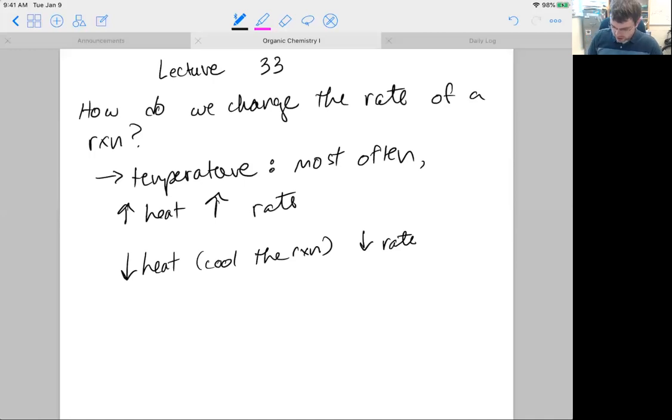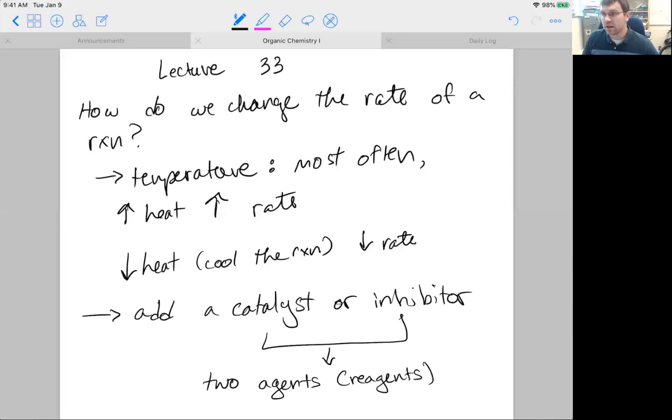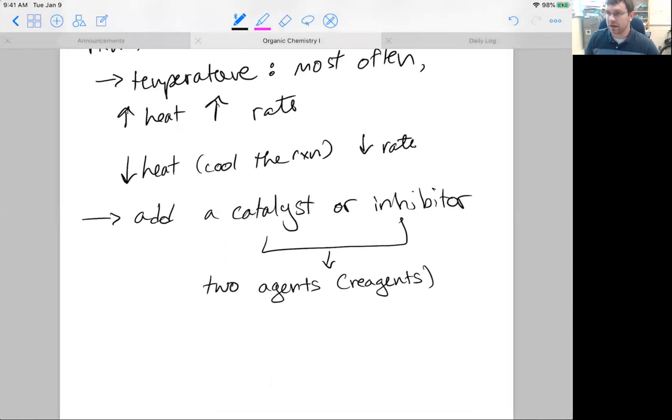But another way to answer this question of how do we change the rate of a reaction is to add a catalyst or inhibitor. Okay, and these are two agents, and they are sometimes called reagents. They're not reactants by definition, but I'm not going to worry about that definition in the class. They're just two chemicals that we add to our chemical process,